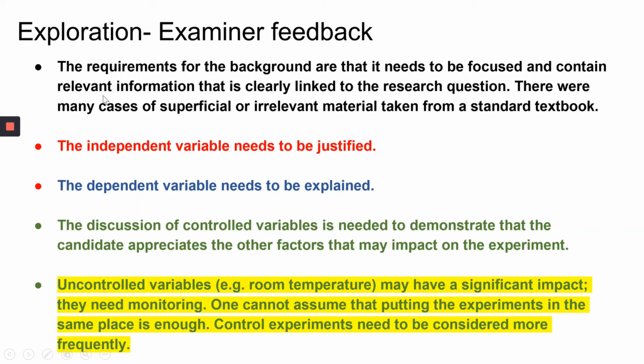Because you are limited by the page number, 12 pages only, you don't want to drown the examiner with a lot of irrelevant information. So you need to choose your background research carefully. Again, it is very important that you justify why you use these independent variables. A very simple way is to mention what happened in the pilot study, so why you use a certain concentration, volume, and so on.